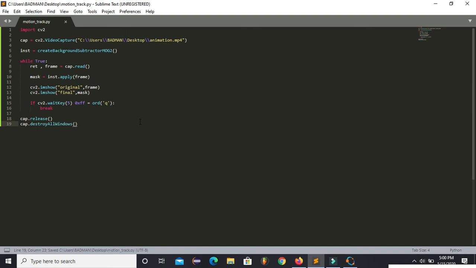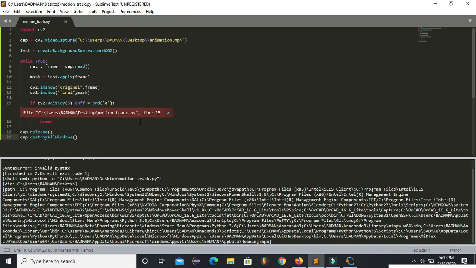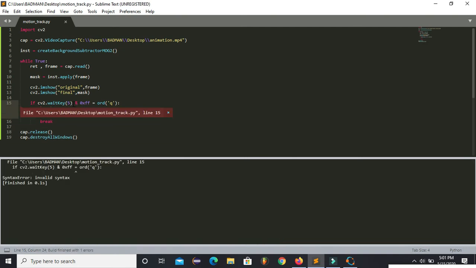Now I have written all the things, and if I run this, both conditions need to be satisfied, so I have to place an and here.